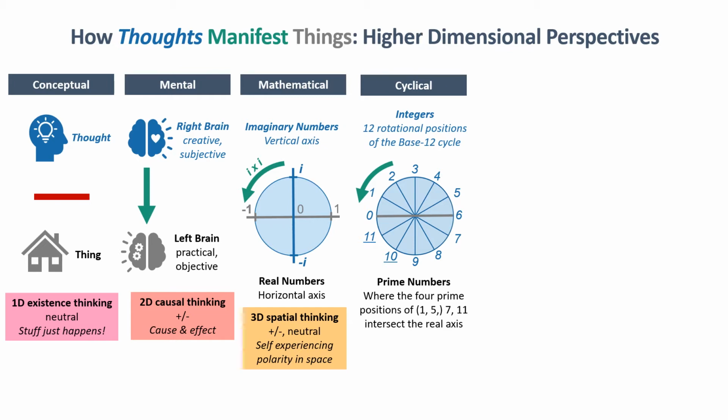And now that we've brought the idea of cycle into the mix, and therefore of a sequence occurring over time, our picture of thoughts turning into things becomes one of 4D temporal thinking, of the same 3D perspective of our mathematical spatial model, of positive, negative, relative to neutral, but also sequence. In other words, of the self, the neutral origin, experiencing polarity in both space and time, and doing so through